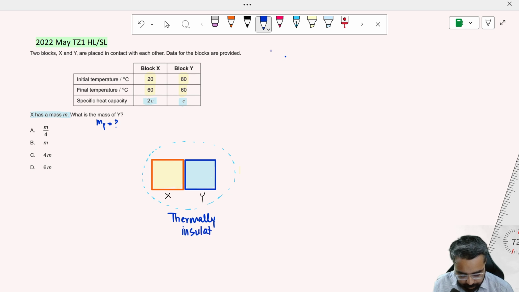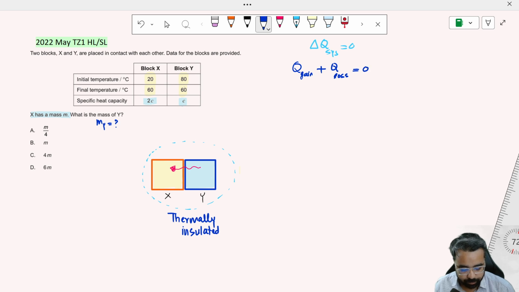isolated, or thermally insulated, because there is no heat going into the system, or going out of the system. This is our most important assumption, that the change of the heat of the system is zero. Which means that the heat is completely transferred from Y to X. So X is gaining heat and Y is losing the same amount of heat. So if we carry on this equation, then we can say that the heat gain plus heat loss must be